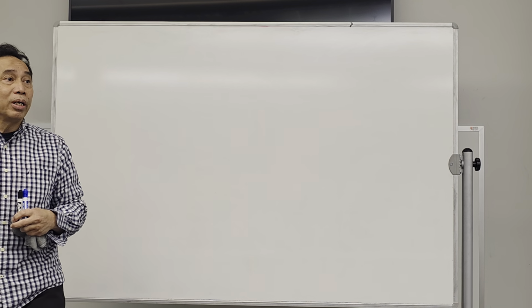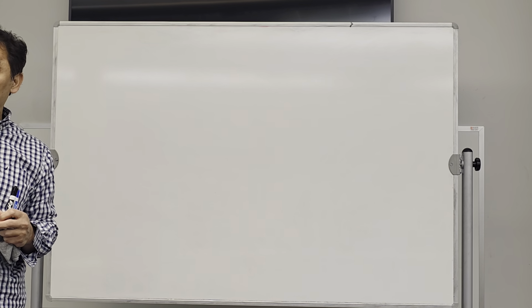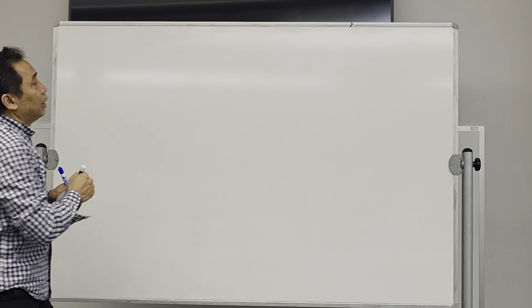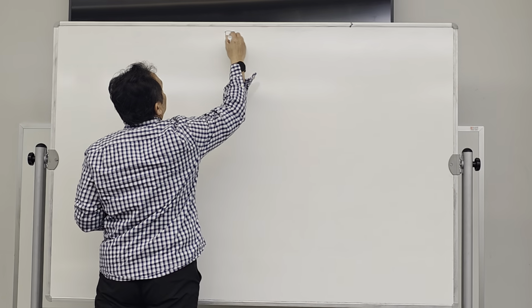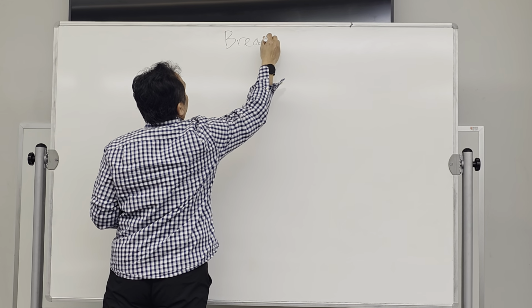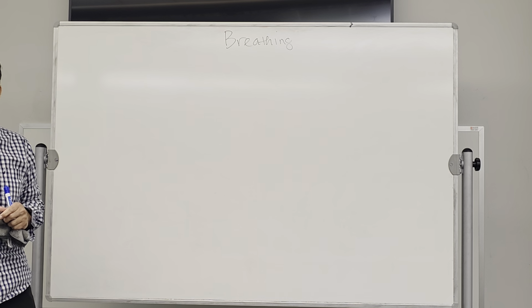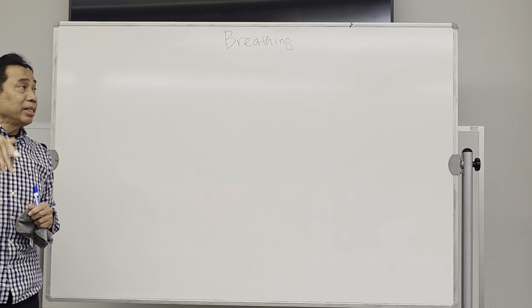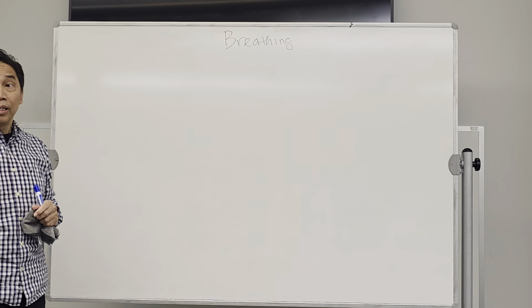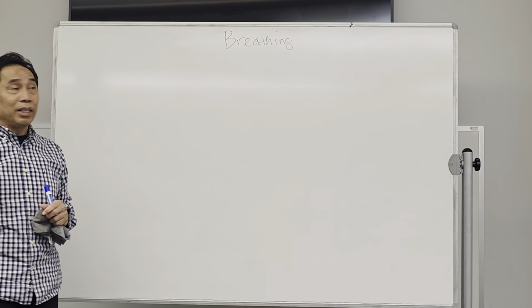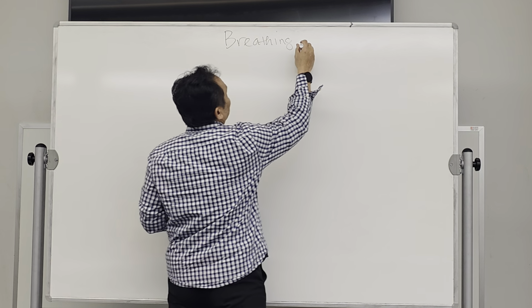You have learned the organs of the respiratory system, the upper respiratory organs, the lower respiratory organs, and so on. Now we're going to learn the breathing process. Breathing is the first stage of respiration. Remember, there are three stages: breathing, external respiration, and internal respiration. So again, breathing consists of